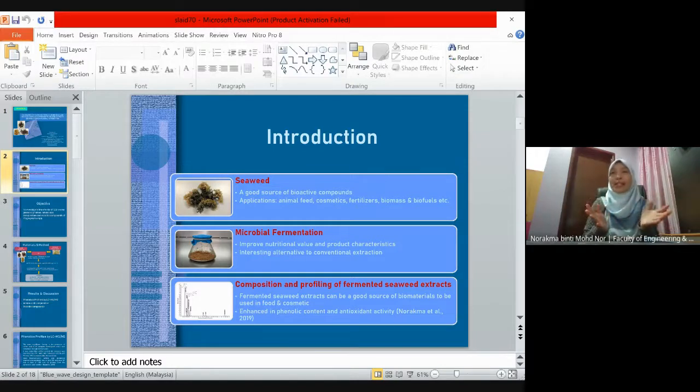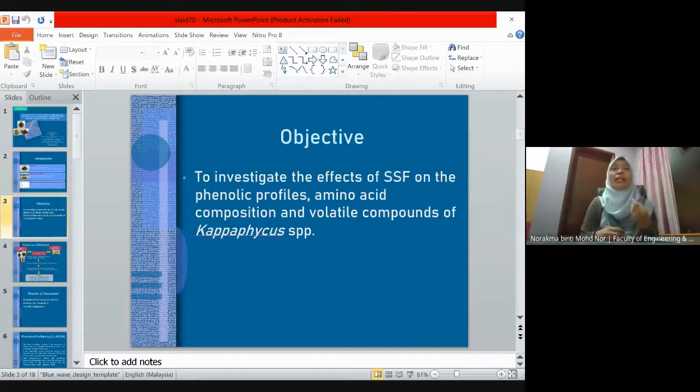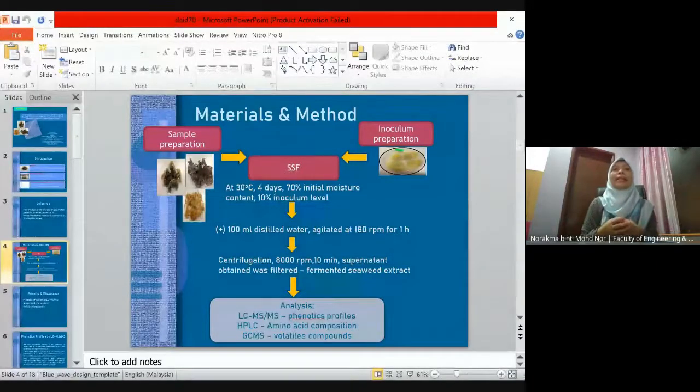Previous research indicated that fermented seaweed extracts enhance in phenolic content and antioxidant activity. Therefore, the composition and profiling of fermented seaweed extracts is very important to be determined before these biomaterials can be used in food or cosmetic industry. Therefore, the objective of this study is to investigate the effects of solid state fermentations on the phenolic